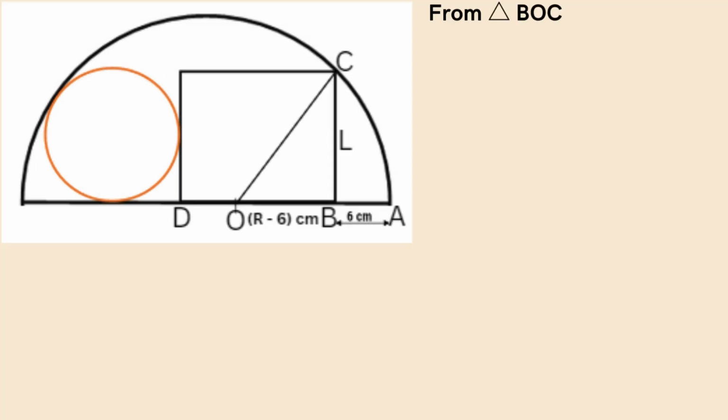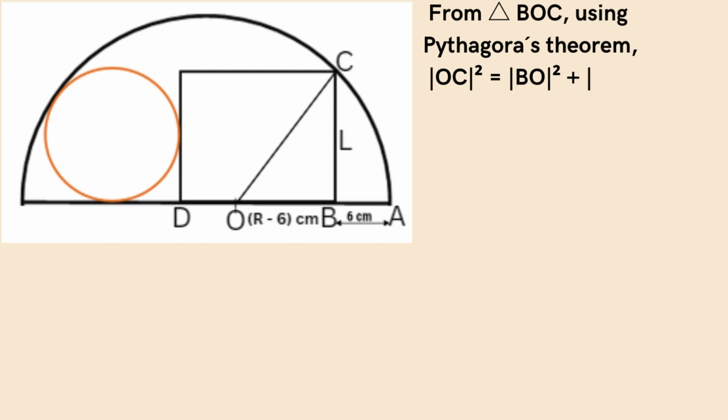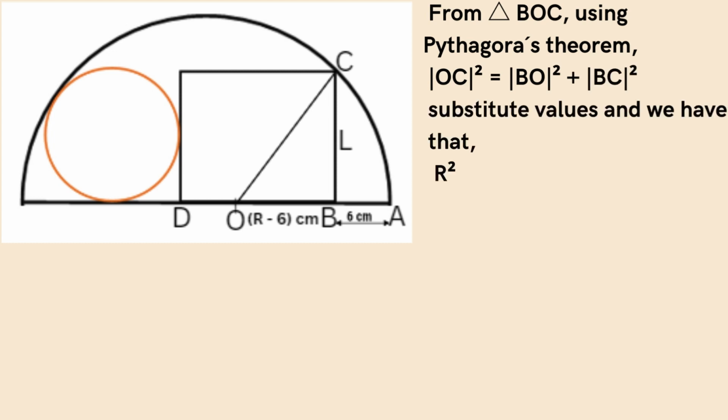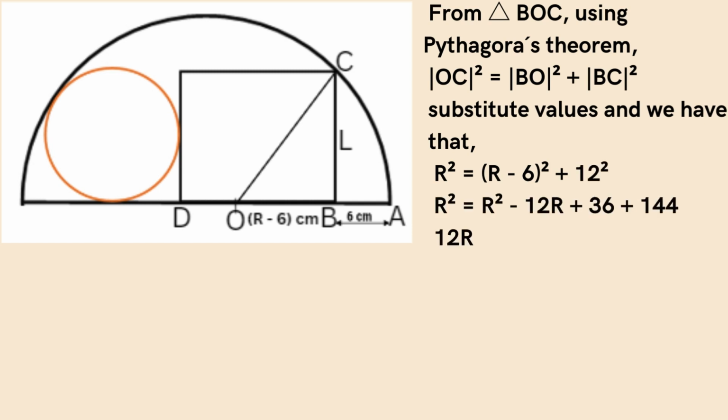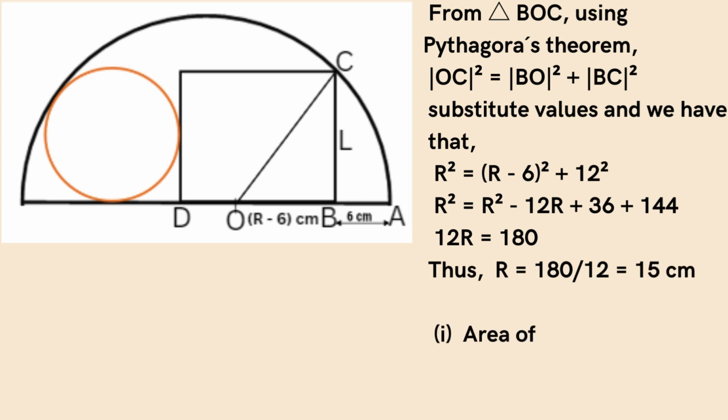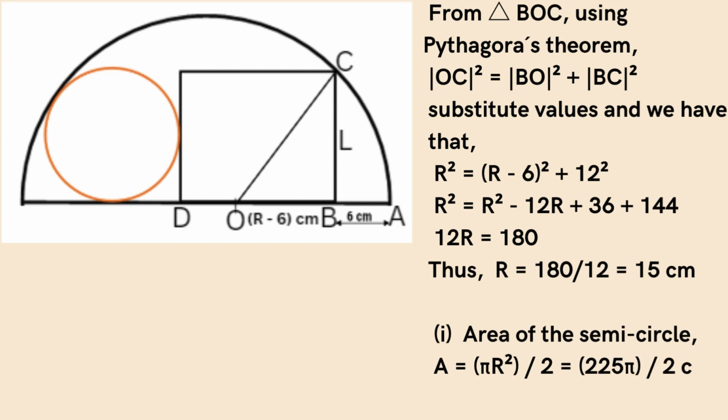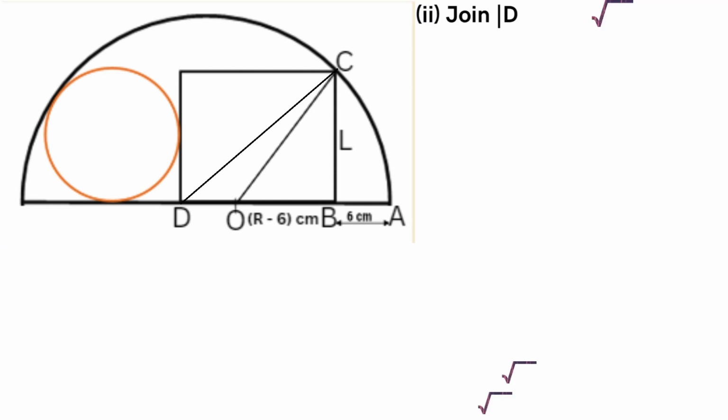Join OC, which equals R. OB equals the difference of R and 6. From triangle BOC, using Pythagoras' theorem and substituting values, we have that R squared equals the square of the difference between R and 6, added to 12 squared. Simplify and solve for R. For question 1, the area of the semicircle, A, equals 225 pi divided by 2 centimeters